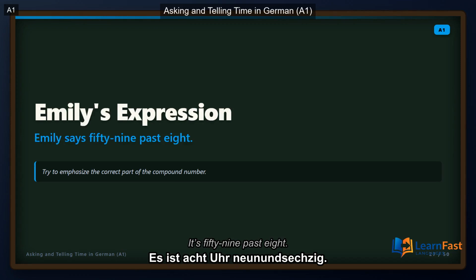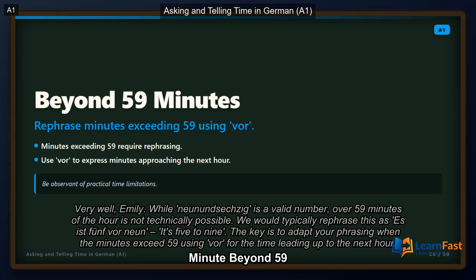Es ist 8:69 Uhr. Very well, Emily. While noon is a valid number, over 59 minutes of the hour is not technically possible. We would typically rephrase this as Es ist 5 vor 9, it's 5 to 9. The key is to adapt your phrasing when the minutes exceed 59, using vor for the time leading up to